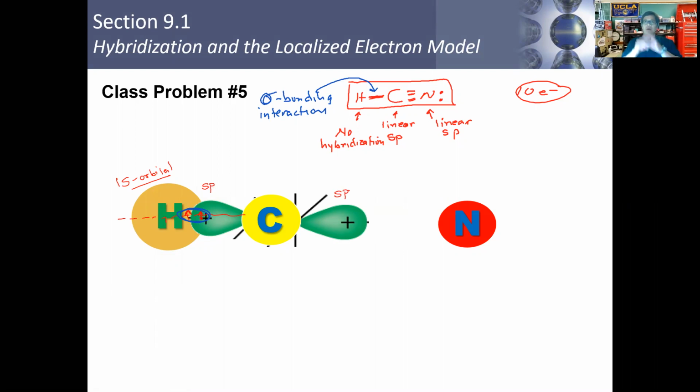Okay, now the bond that forms, now this is just 1 electron right here. Only 1 electron sits in that particular hybrid orbital. So 1 electron sits here, 1 electron sits here. So it can only form 1 bond, 1 single bond here. So it can account for 1 of these 3 here. And so how does